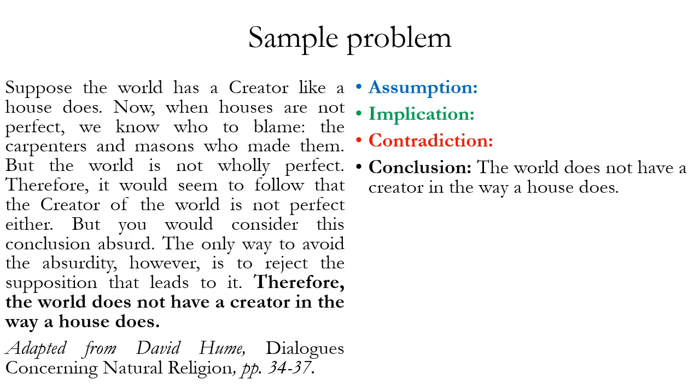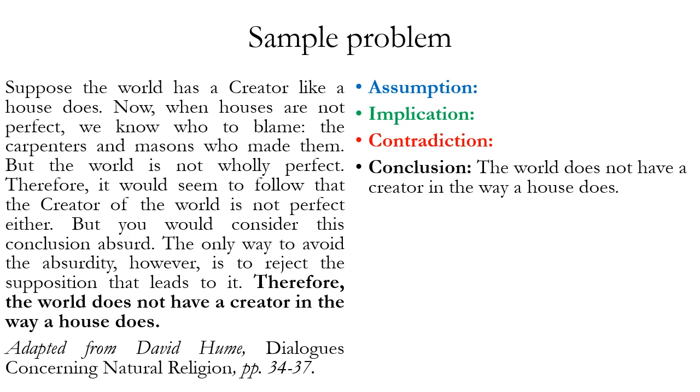So in this case, the main conclusion is the last sentence in the argument. Therefore, the world does not have a creator in the way a house does. You'll notice there's also a therefore higher up in the argument. This can happen because with the reductio ad absurdum, we're going to have more than one logical inference, more than one logical move. So there's going to be a sub-conclusion that leads to the implication before you get to the